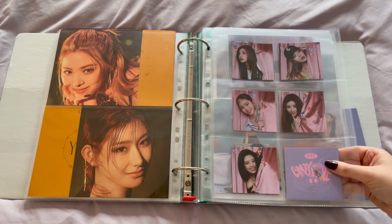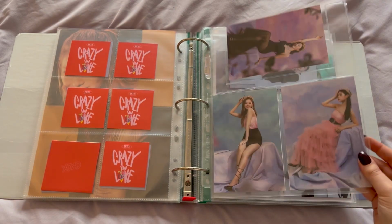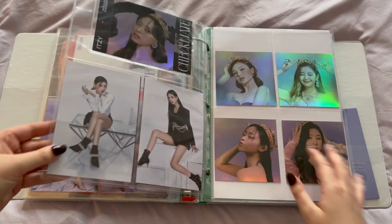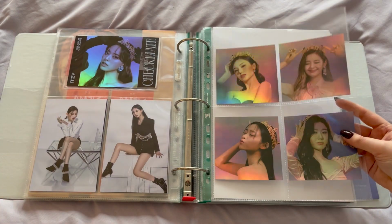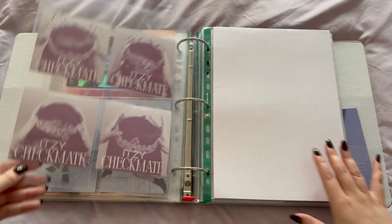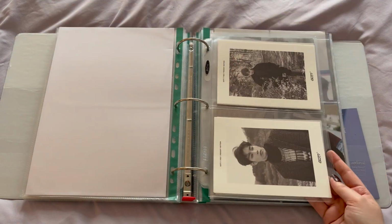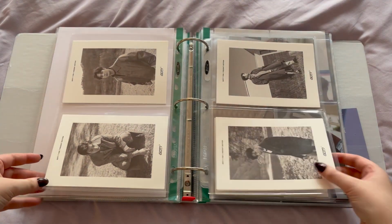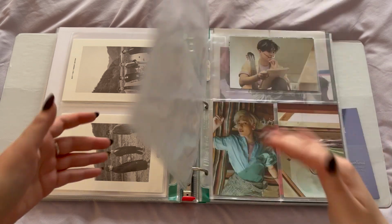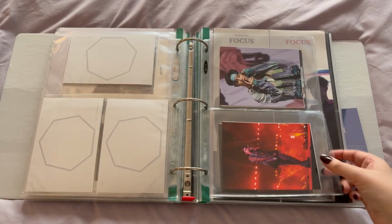Then these are also the JYPE POBs for Crazy in Love, and then the Checkmate postcard sets and the holo cards. So I have Yuna's here, so I have 85. And then this section is got 7's JYPE pre-order. So these are the 7 for 7 postcards, and then the Present You postcards minus Jackson's, and then here's all